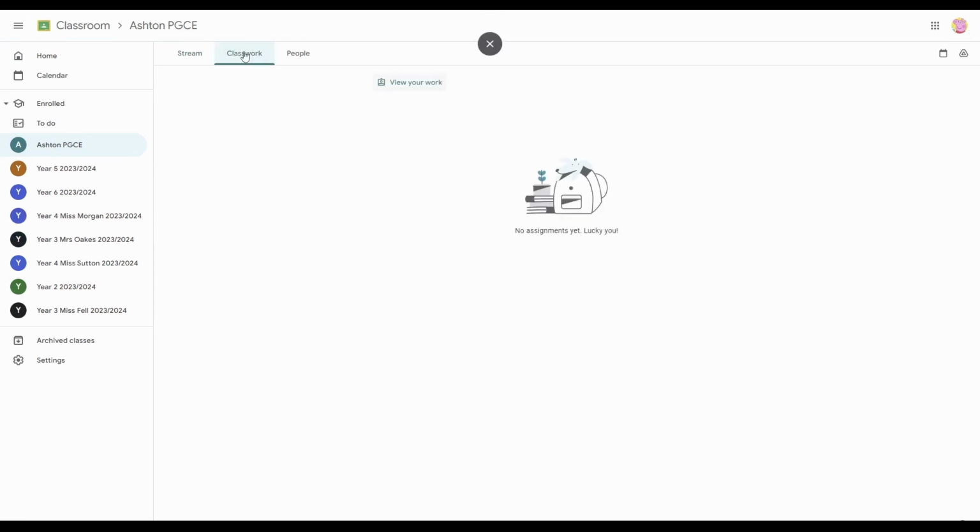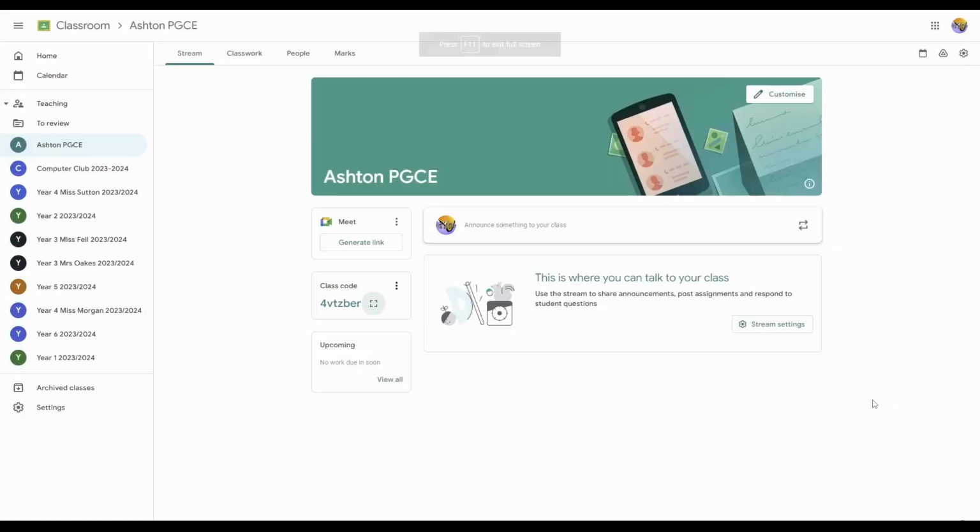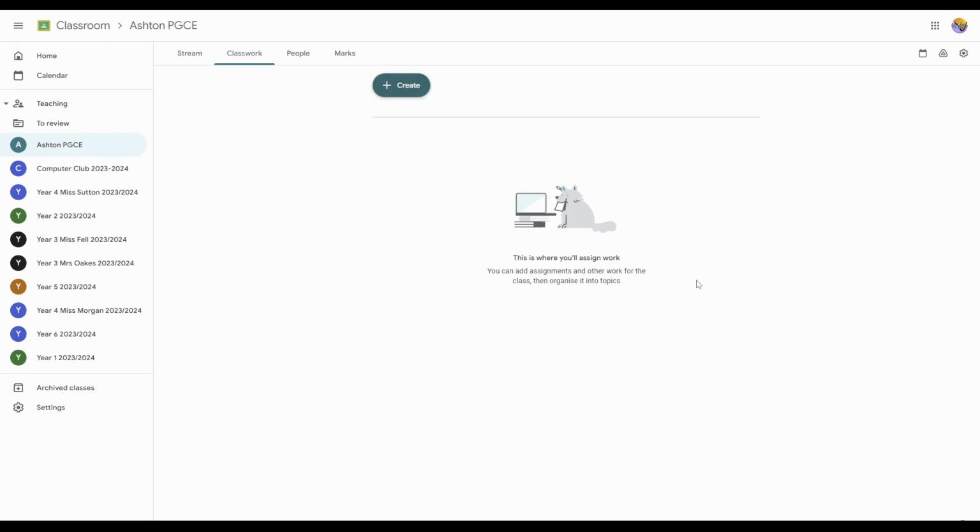So Peppa Pig can now see the classwork, and Peppa Pig can now see the teachers. And of course, there's nothing in this at the moment. It's completely bare. So what we're going to do now is we're going to create a lesson. So here we go. I'm now back on my teacher's account. I'm back on Mr. Goodyear's teacher's account, and I'm in the Ashton PGCE classroom, and I'm going to click on classwork. Now when I click on classwork, it is now inviting me to create some classwork, and I can now click create,